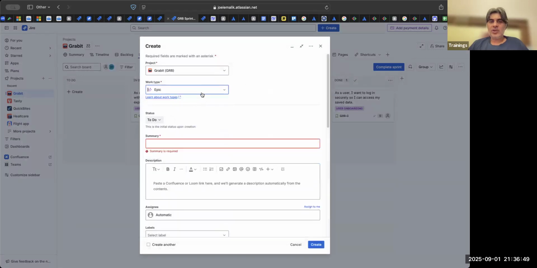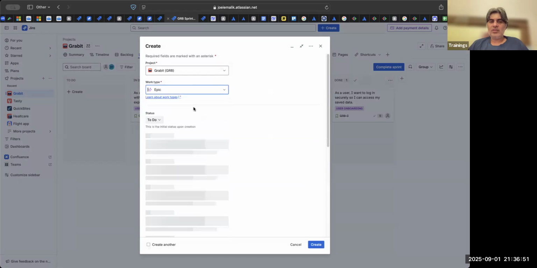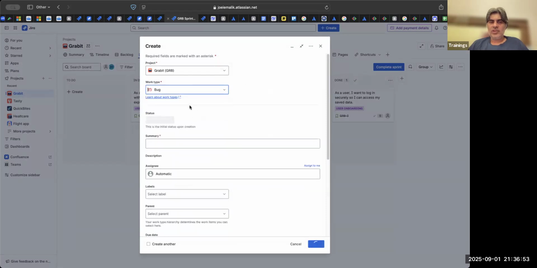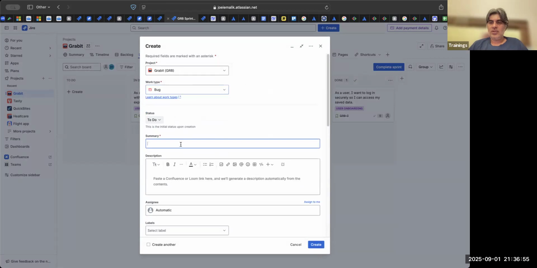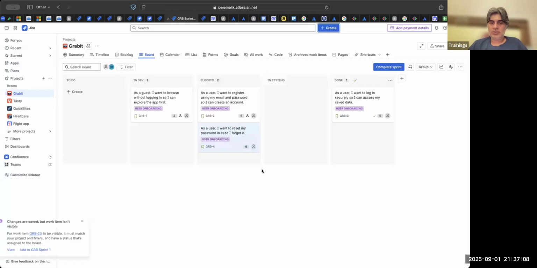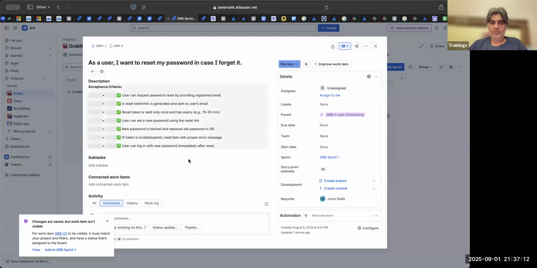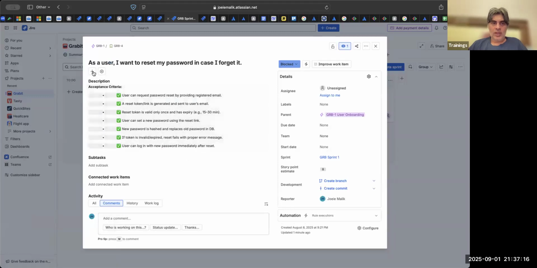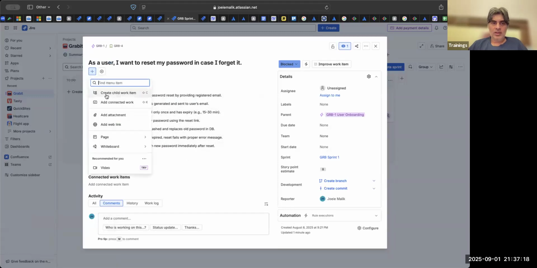So let us say in this story, there is some UI bug which Priyanka raises on this story, and it is crucial and critical. Now I go to this story. I click on the plus sign.